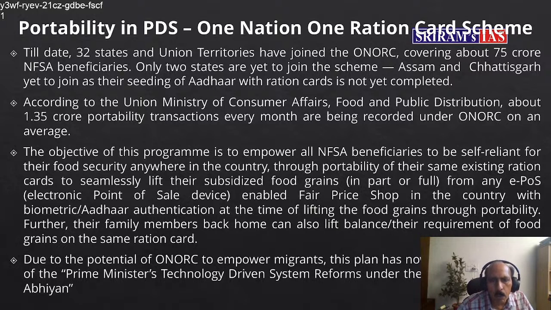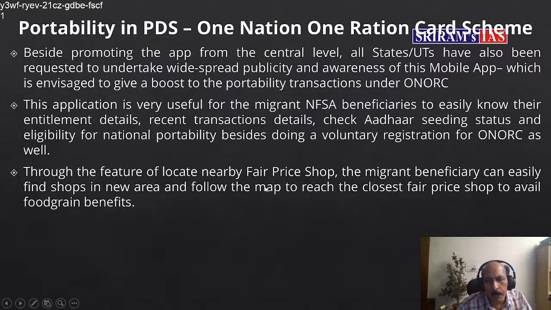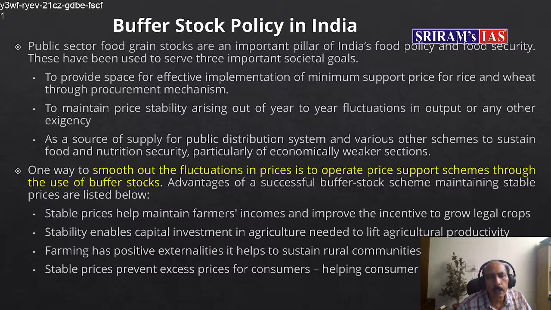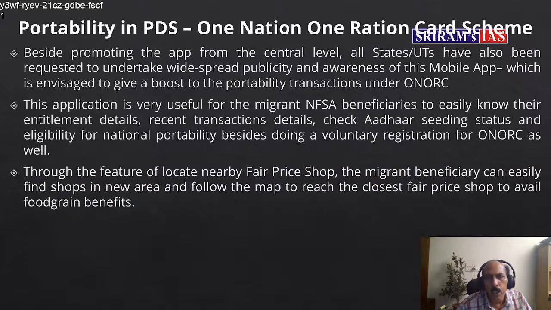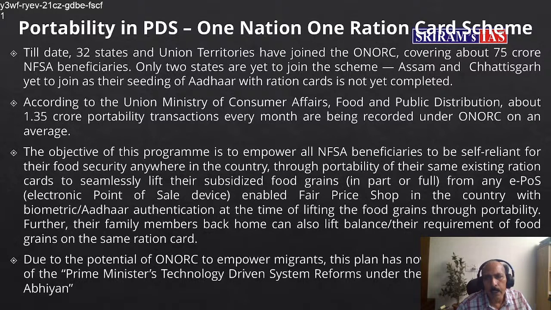But the best advantage of this scheme is that at least the people are entitled to food grains, no matter where they are, no matter which is their native place, wherever they are, they can get the entitled food grains. And therefore, this system was introduced in our country. So far, as I said, most of the states have already introduced this One Nation, One Ration Card scheme, which has given the legal entitlement to all the people